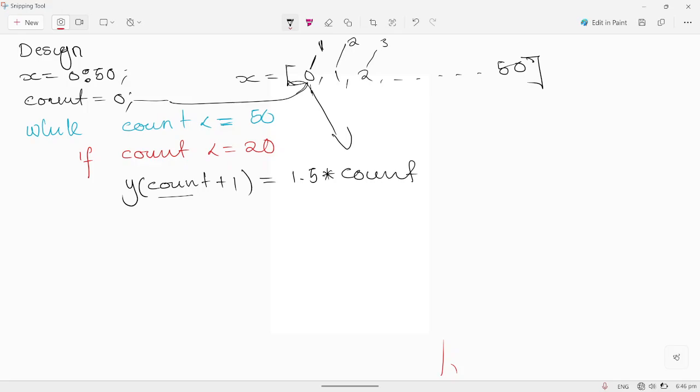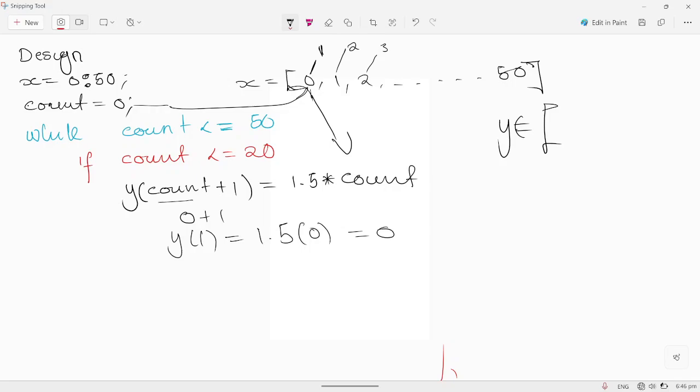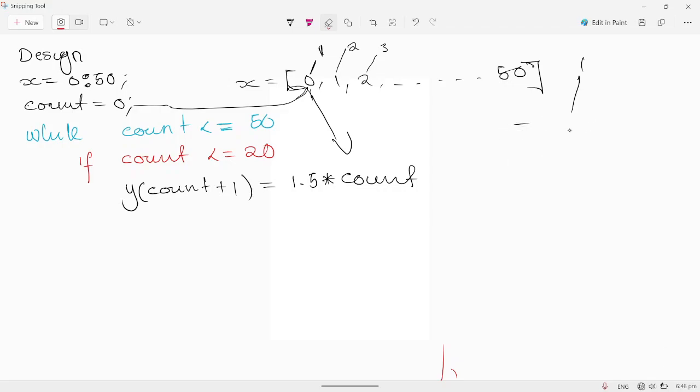So since count is starting from 0, here it's going to be something like 0 plus 1, which will be equal to y1, and this y1 will be equal to 1.5 times 0, which will just give us 0, implying that in the y array, the value at position 1 is going to be equal to 0. So this is position 1. The value at that position is equal to 0. I hope that the point I've stressed has been understood. So moving on,